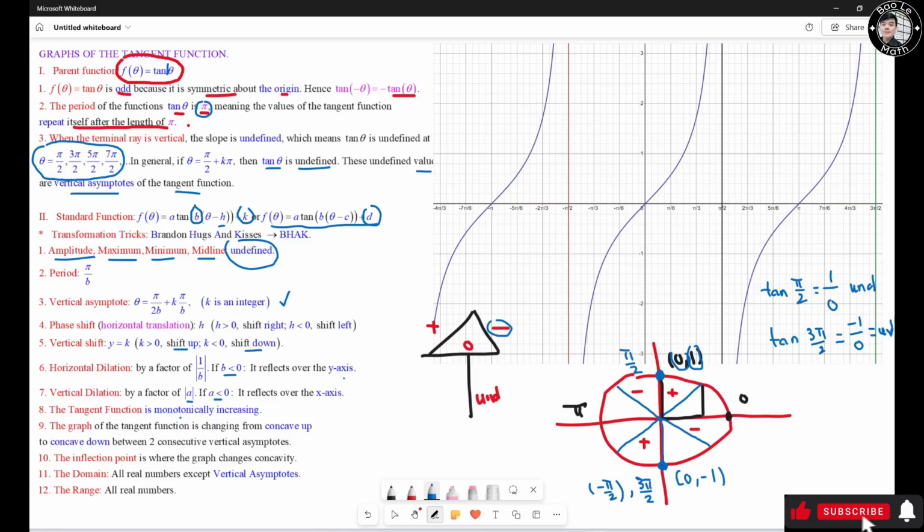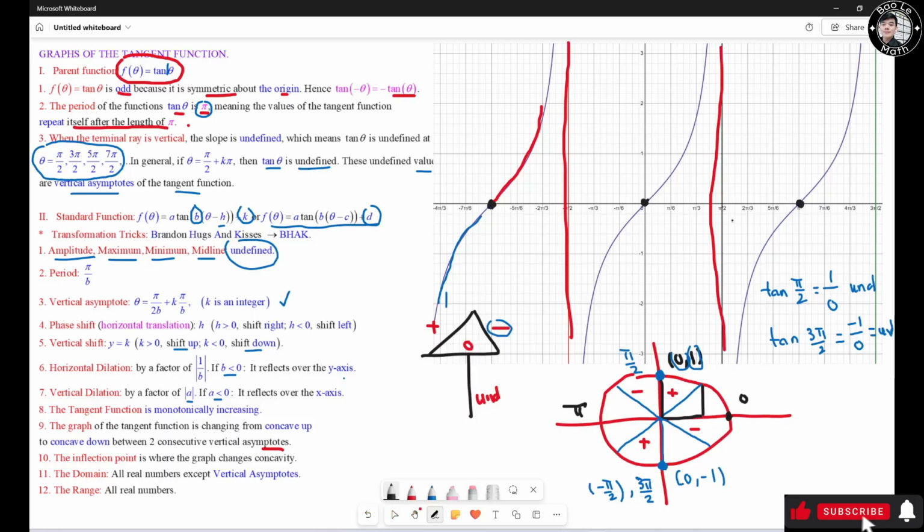The tangent function is monotonically increasing. The graph of the tangent function changes from concave up to concave down between two consecutive vertical asymptotes. Looking at this one, this is concave down, and this one right here is concave up. This one right here and this one right here are called two consecutive vertical asymptotes. The inflection point is where the graph changes concavity. So the inflection point is going to be right here,